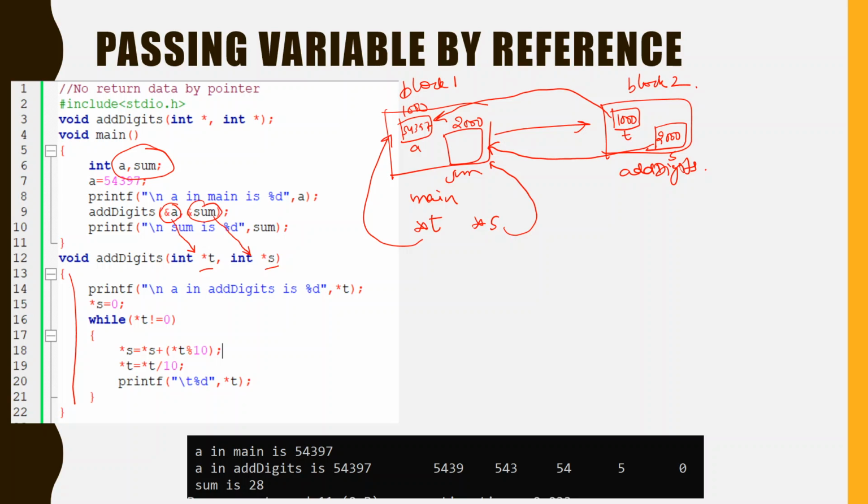Okay, so this is how variables are passed by reference, and here we have seen that both input and output parameters have been passed. Both input and output parameters are part of the calling function, and we have passed the addresses of both to the called function. Now the called function does not have its own output parameter, so it would not return anything. You can see there is no return statement, and since it is not returning anything, we have written void here. Void is a keyword which is used when there is no data type returned.